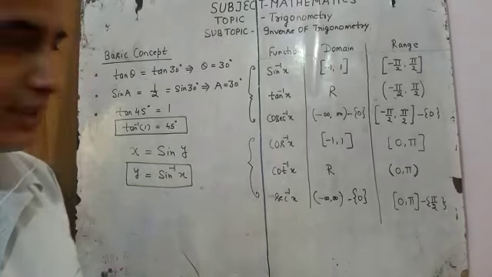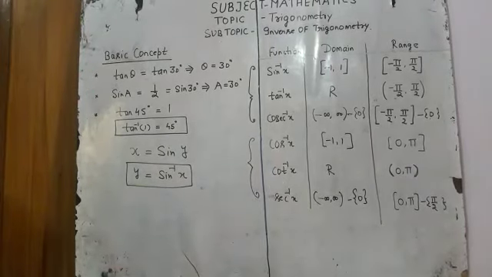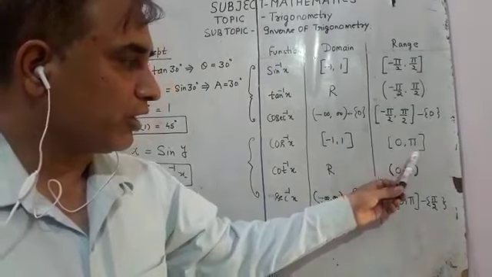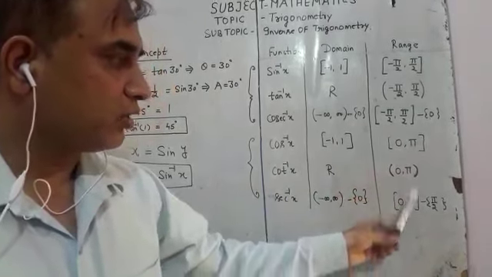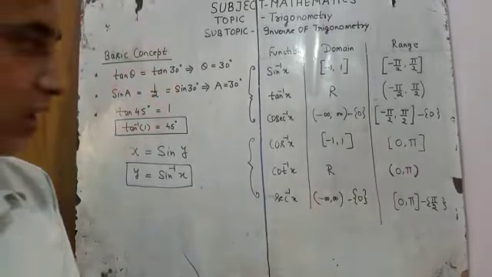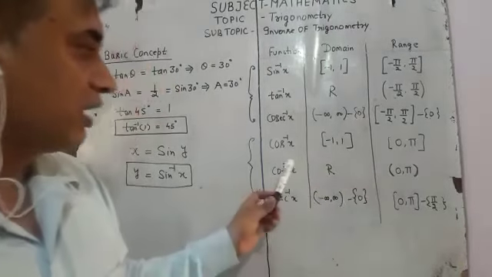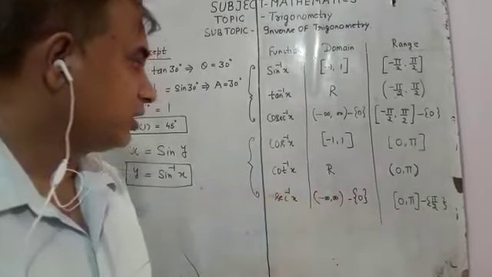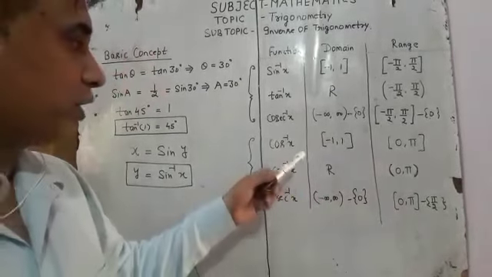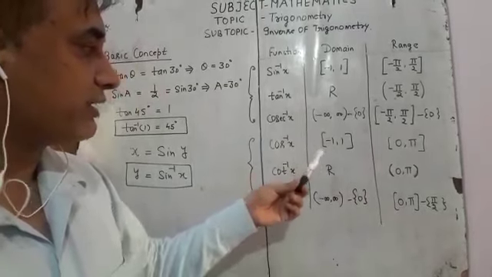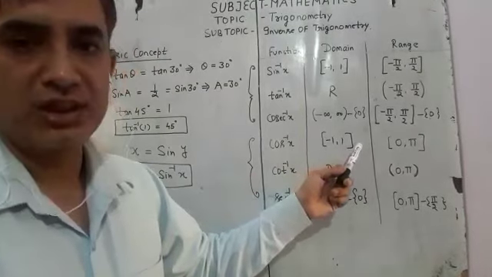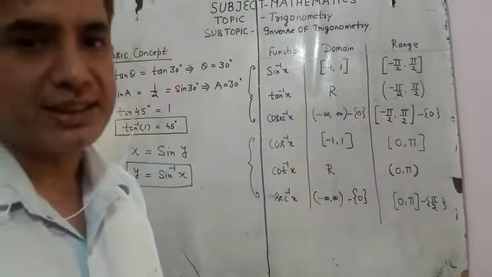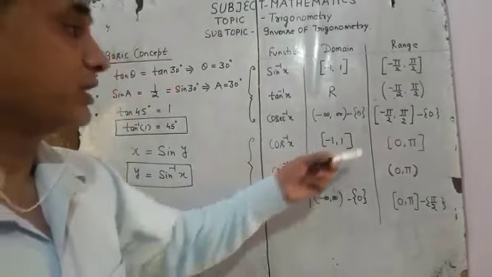We can see now in the second group, these functions are cos inverse x, cot inverse x and sec inverse x. If we focus on these ranges, all the ranges lie between 0 and pi. The basic difference is this is the closed interval and this is the open interval. Again this is the closed interval. Why? Because we know the value of the cos will be between minus 1 and 1. It is a fixed value. So we apply the closed interval. Where the value will be fixed, there we apply the closed interval.